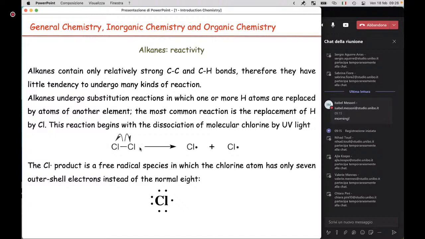They can react mostly with alkanes and in the part of the carbon-hydrogen bond, which is the less stable between the two kinds of bonds, carbon-carbon and carbon-hydrogen. In particular, for toxicology, it is quite important that the chlorine molecule, which is a diatomic molecule, can undergo